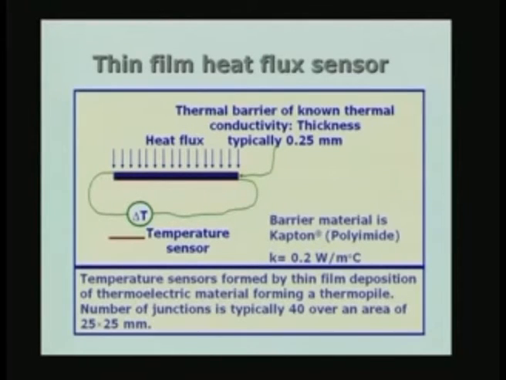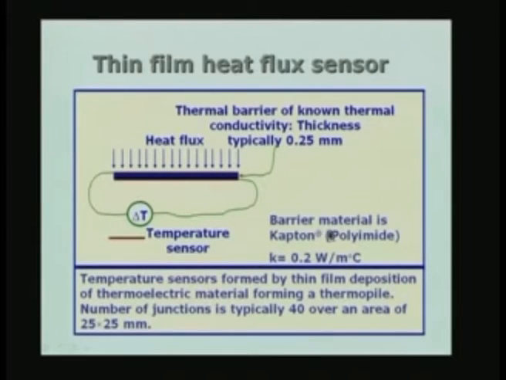And in fact, what is normally done is we have about 40 or so junctions formed on the top and the bottom, and they are interconnected in the differential temperature mode, which is familiar to us from our discussion on thermometry, so that the delta T is actually the value which is magnified by the number of junctions which are formed. If there are 40 junctions, the temperature indicated here is 40 times the temperature across a single thermocouple pair. So, we have 40 junctions, this will be 40 times the signal, and the idea is that we are going to get a good output with a small temperature difference which may be developed across the film.